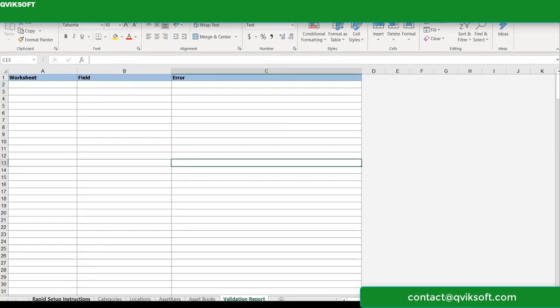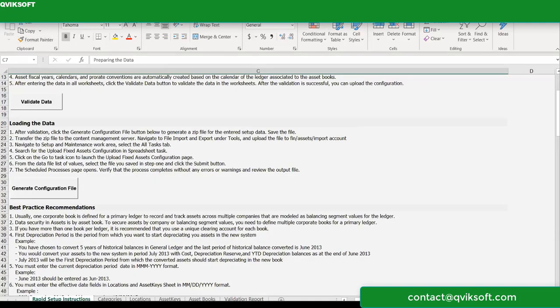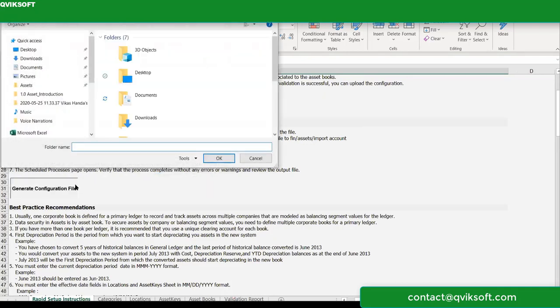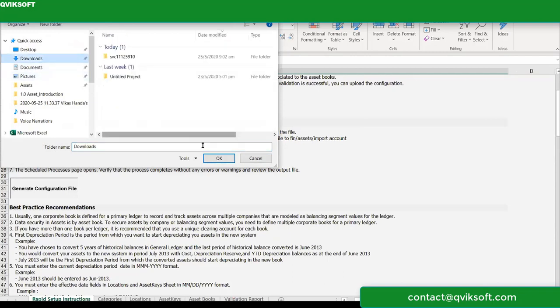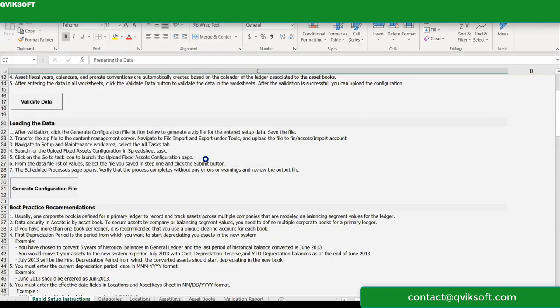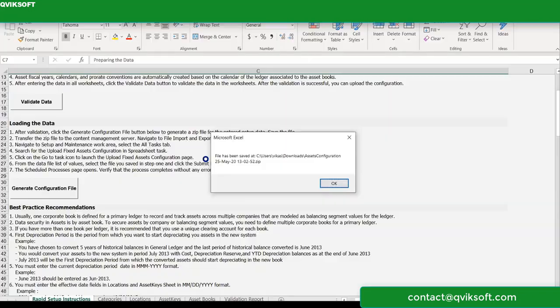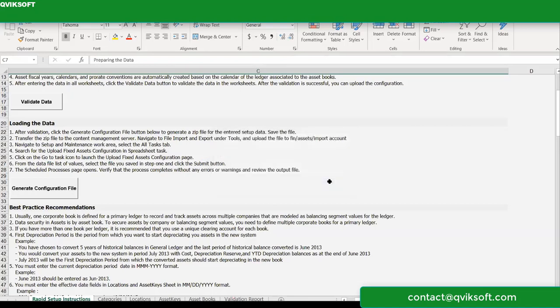So no errors. I can save my file, and then I can generate the configuration file. Okay. My file has been created. I will upload again and see what happens.